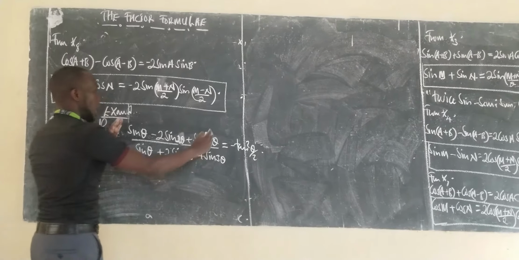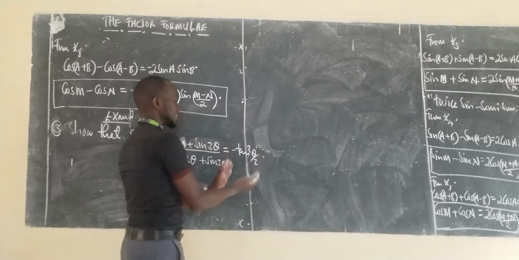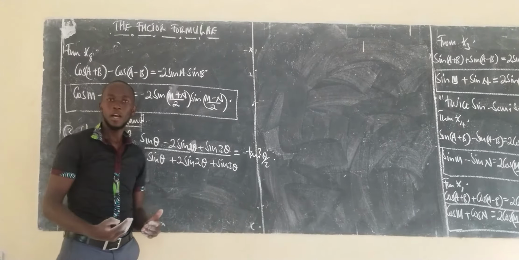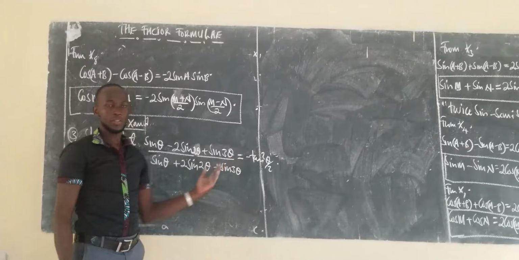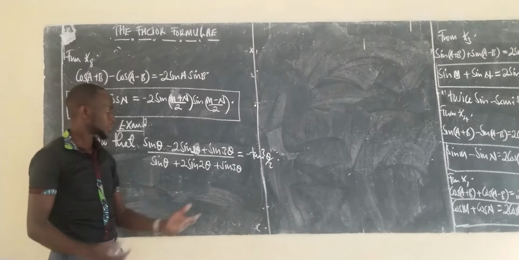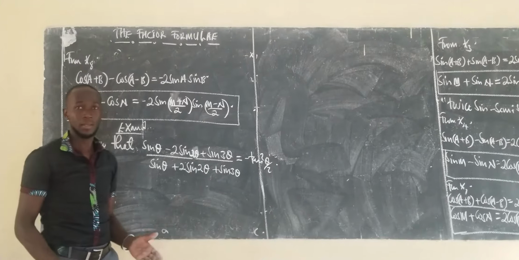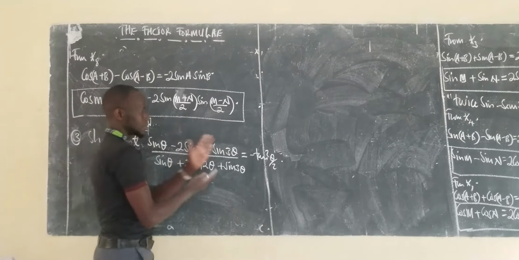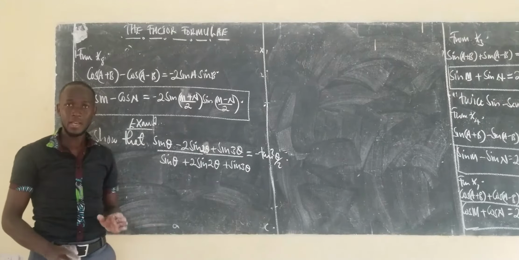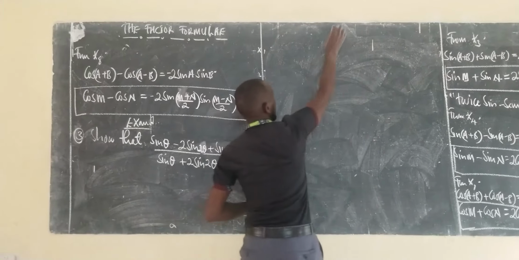Now, when you have this and the negative tan squared theta, the question will be, is it easier to prove this one from this side or this? To show this from this side or this side? If it is easier for you to come from this side to this side, it is okay. If it is easier for you to move it from this side to the other side, it's also fine, as long as you get us the answer. So in your solution,